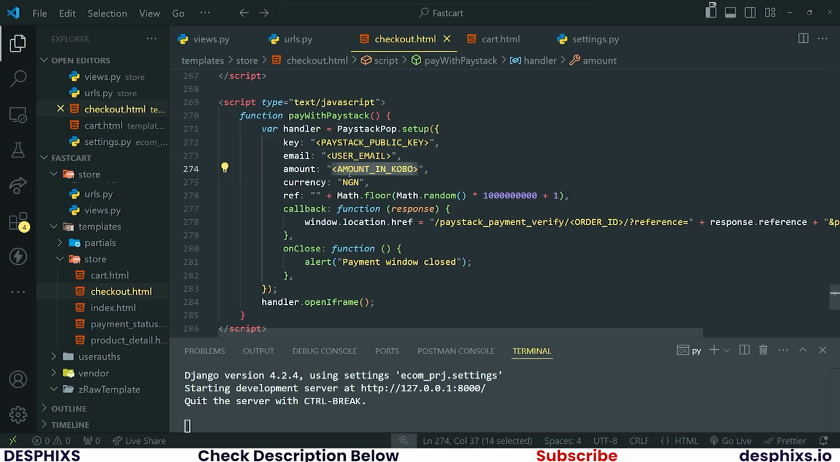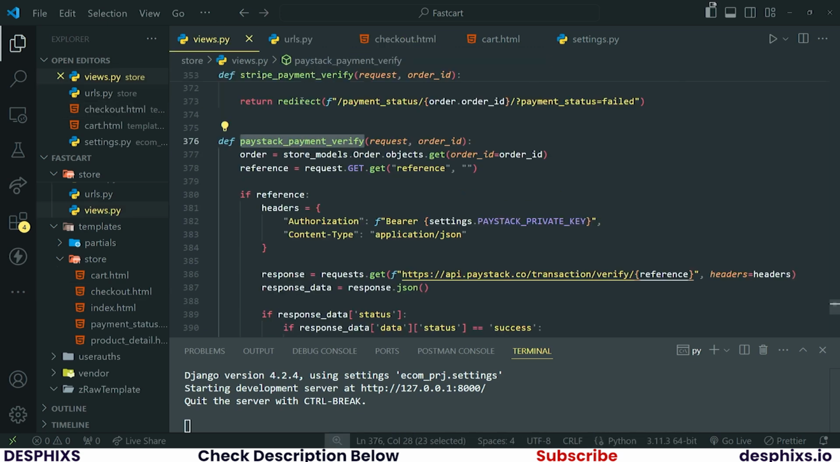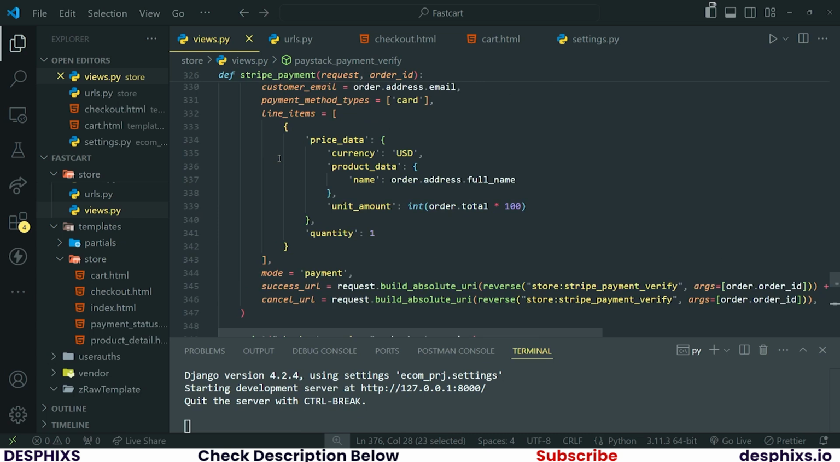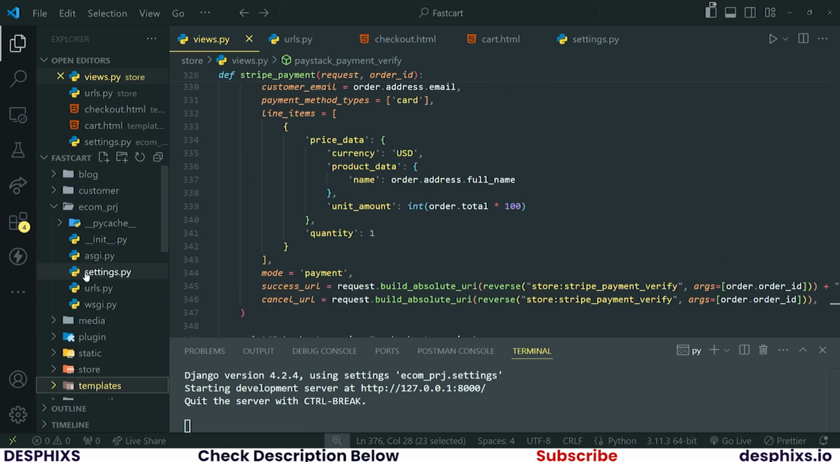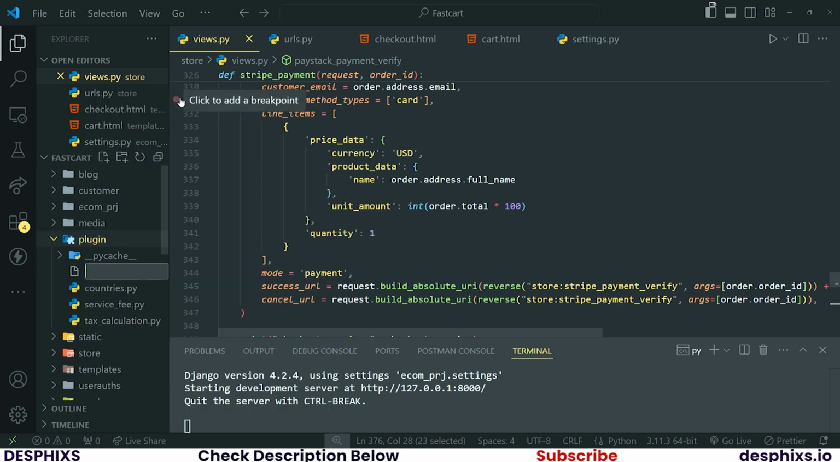But before we do this, let's create an exchange rates helper function on the API to help us get exchange rates for Nigerian Naira and Indian rupees. So I will get back to my views.py, and in the plugin, now you see how this is going to work. In the plugin, I want you to create a new function called exchange